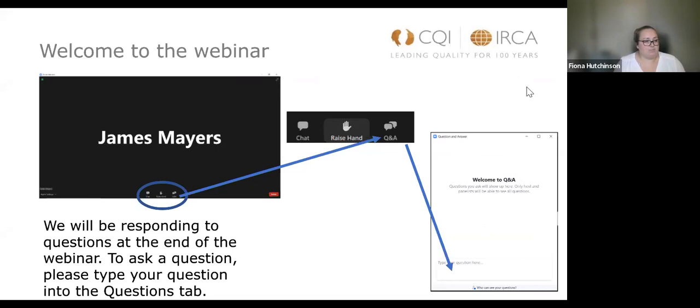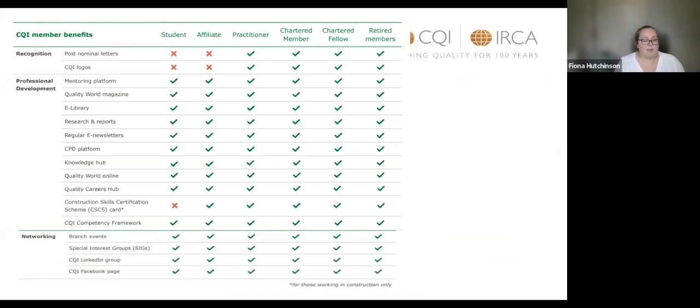So we shall get started with a quick look over the CQI member benefits. As you can see, with most of the grades, you do get most of the benefits. All the professional development benefits, all the networking benefits.